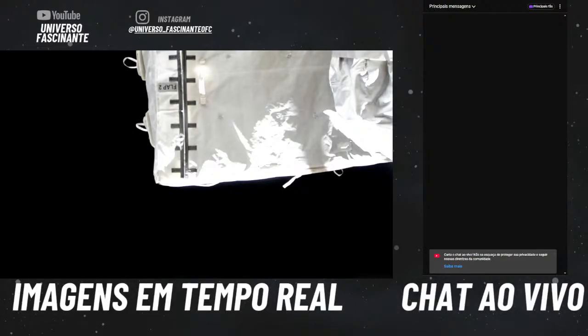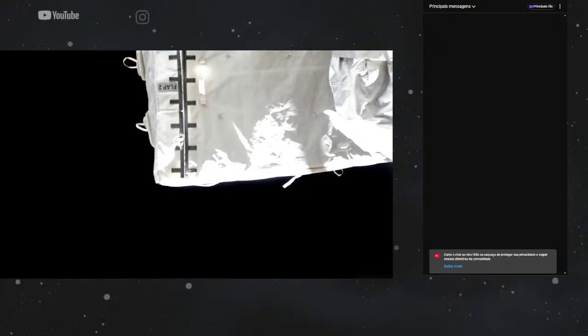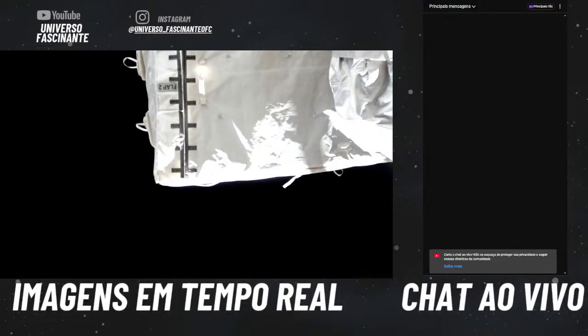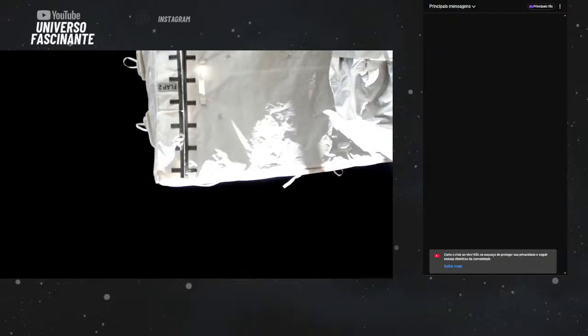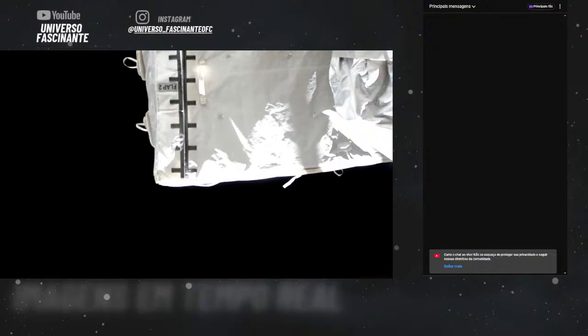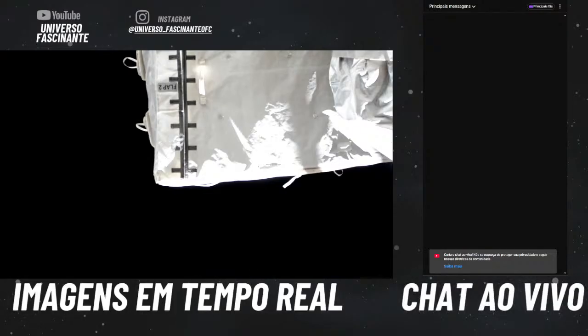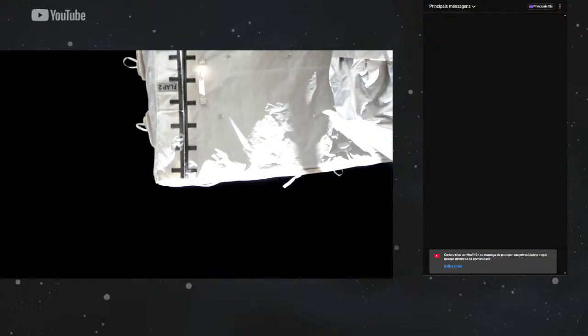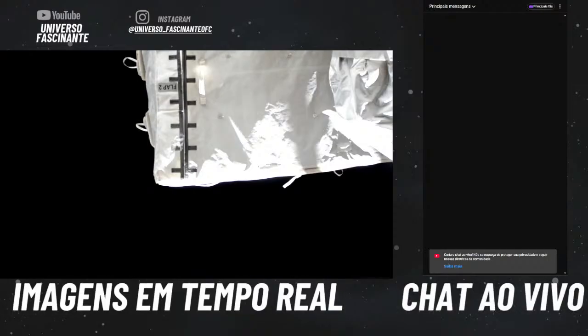The undocking itself is scheduled at 7:41 and 30 seconds p.m. Central Time, 8:41 and 30 seconds p.m. Eastern Time. There will be a pair of separation burns, small firings of the Soyuz thrusters, the first being 8 seconds in duration, the second about 15 seconds in duration, to create the opening rate between the Soyuz and the station. It will travel to a safe distance away from the station, about 41 kilometers away from the station, for